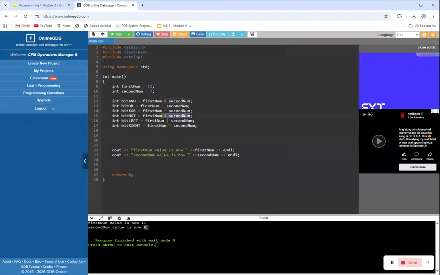So here we'll have the tilde, first num. If you're not familiar with tilde, you may want to check your keyboard, usually at the top beside your one or above your tab.